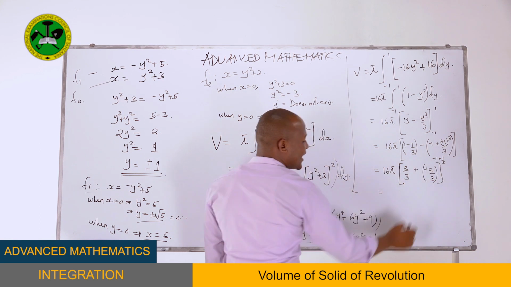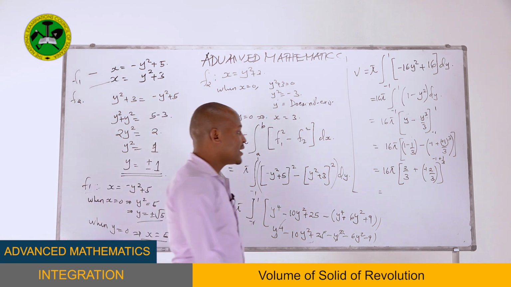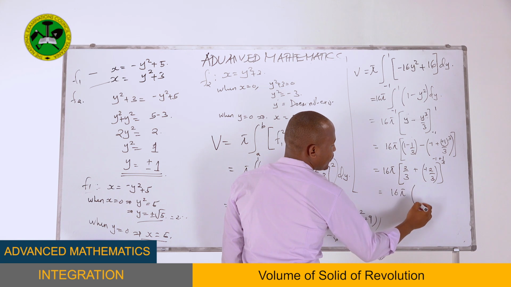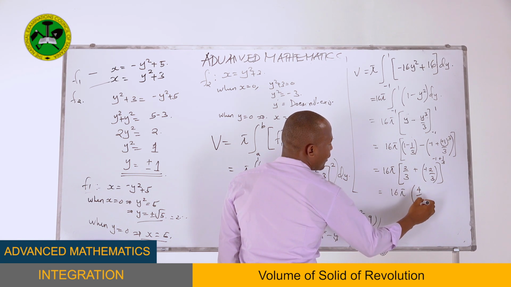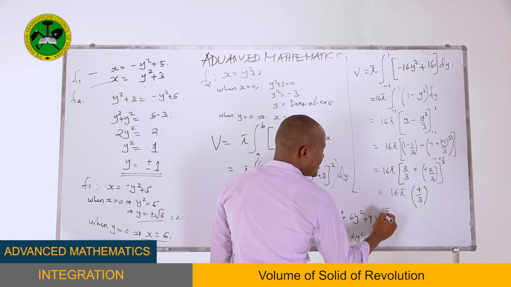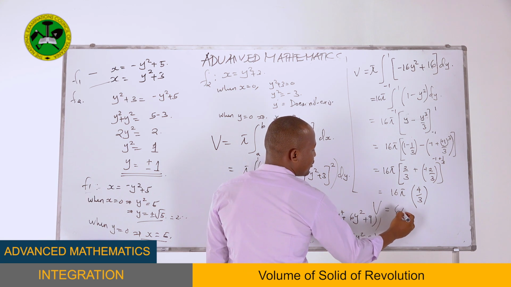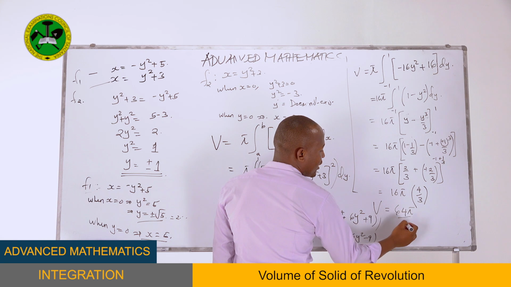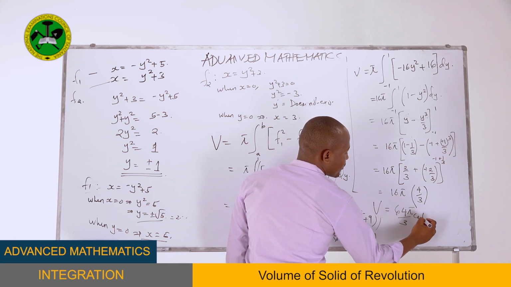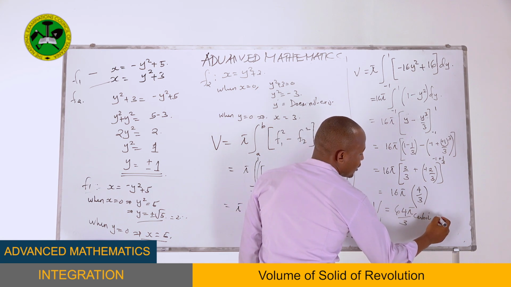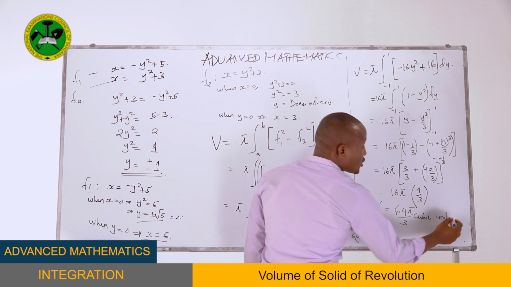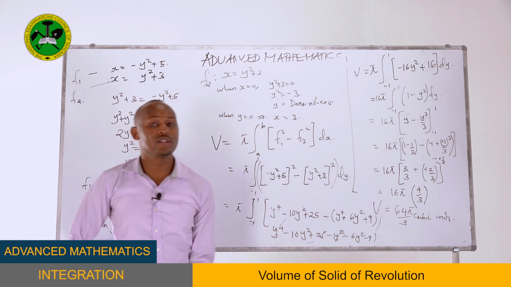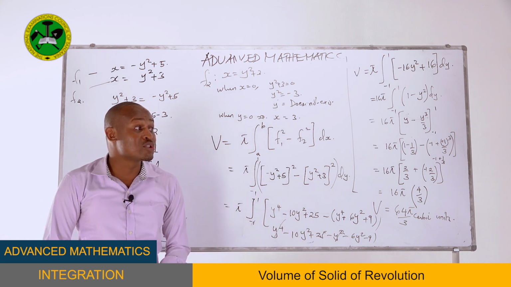And if negative and negative go, that is to say we are going to have 16 pi times 4 over 3. That means our answer will be 64, 16 times 4 over 3. This will be cubic units. So this is how we find the volume of the revolution that is bound by those two